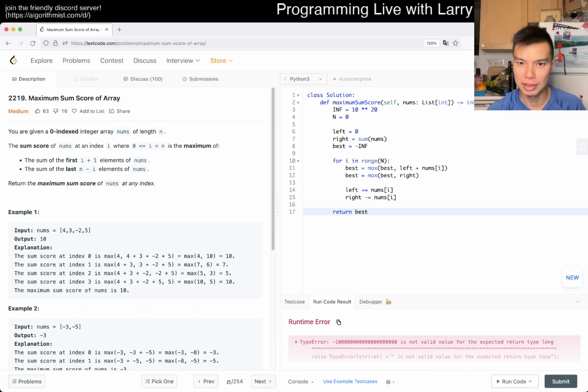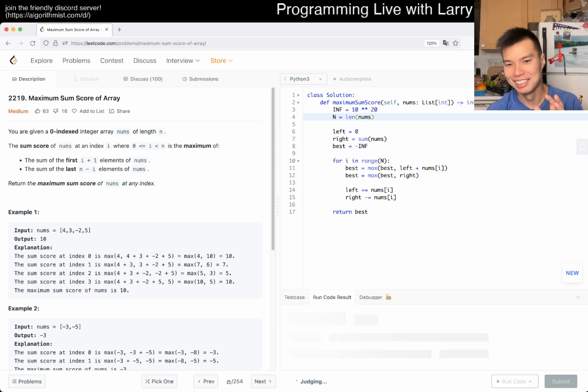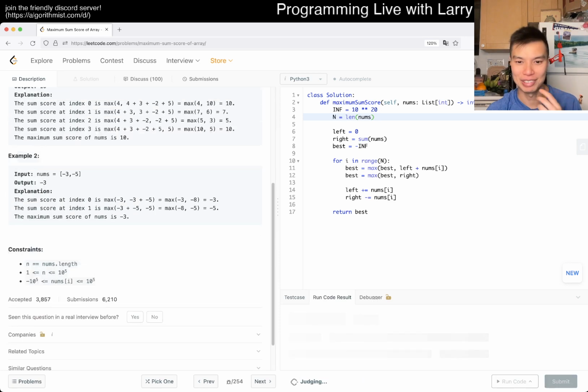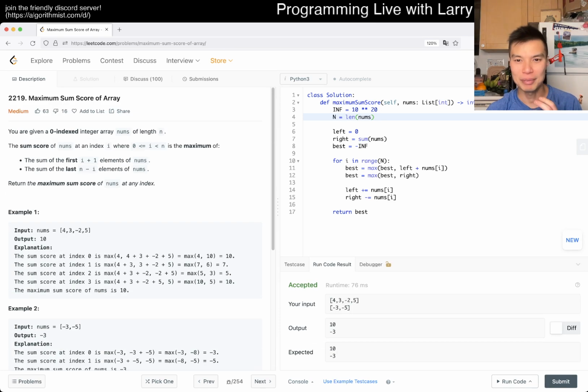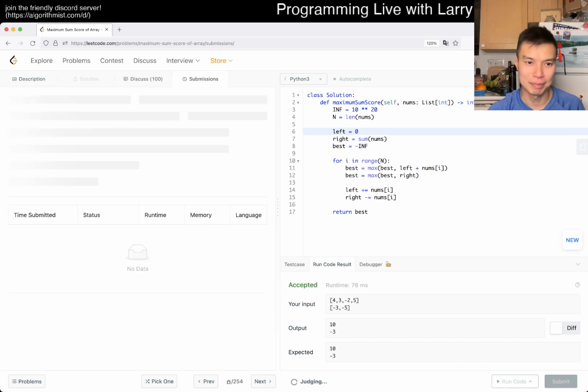Hopefully I didn't miss anything. That would be awkward. But I'm basically returning negative infinity, but why? Oh, why did I wait, n is 0? Did I just get lazy? Okay, I don't know. I'm just making a lot of silly mistakes these days, to be honest. I don't even know how that happened. I know I was rushing a little bit, but maybe I was just moving stuff. I think I was thinking about left is equal to 0, and then I just... I don't know. Very silly mistakes.